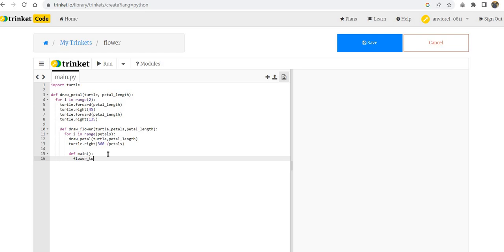Flower turtle equal, and we get the speed. Let's say 10. And draw flower,